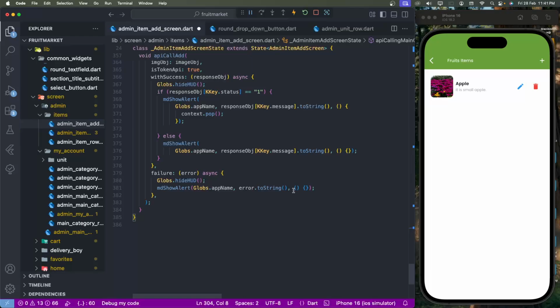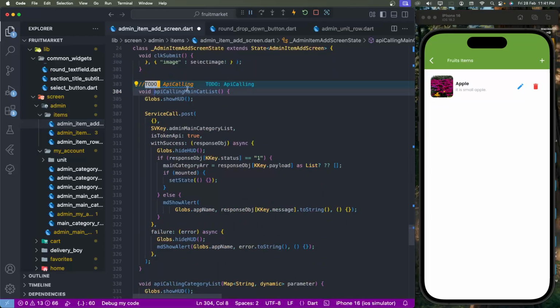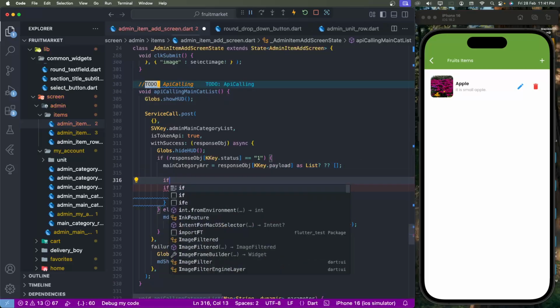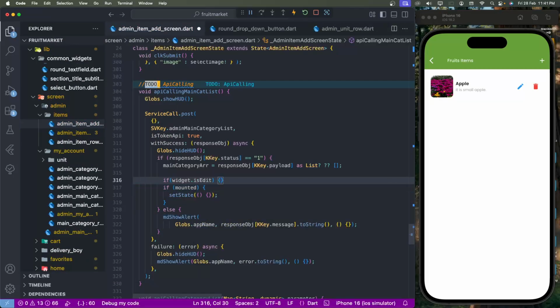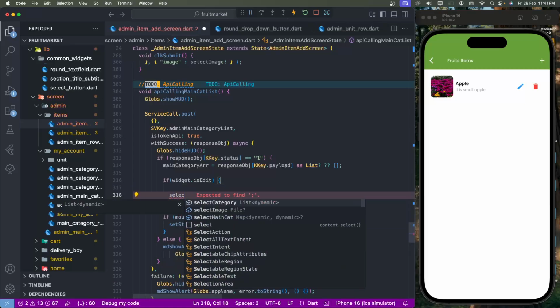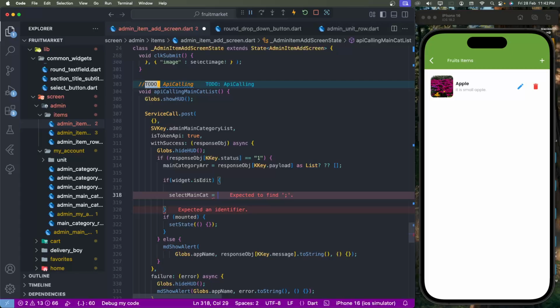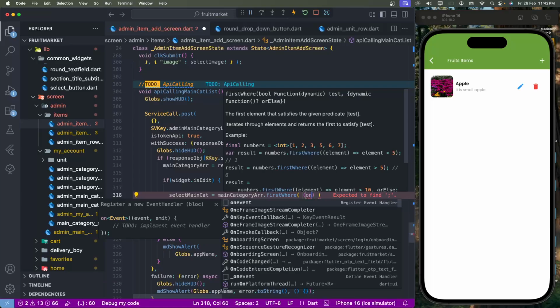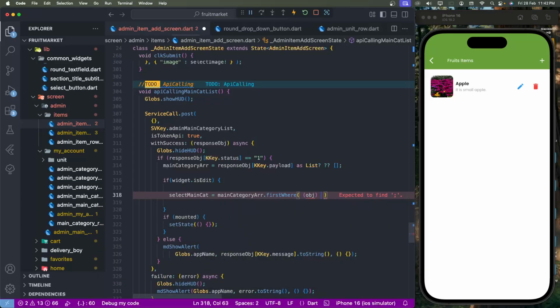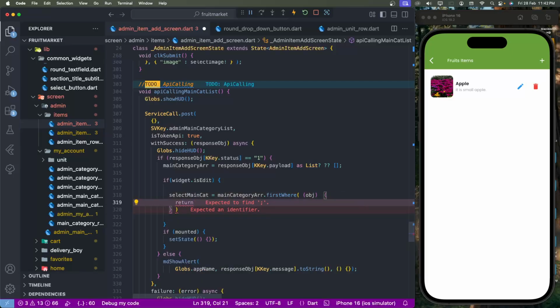And we need to go to the API that gets the main categories, and now check if widget dot is edit is true. Then we need to give the select event, select main category, equal to finding out the main categories array, and find where. First write down the object, return here, and for this data we need to check the object dot key main category id